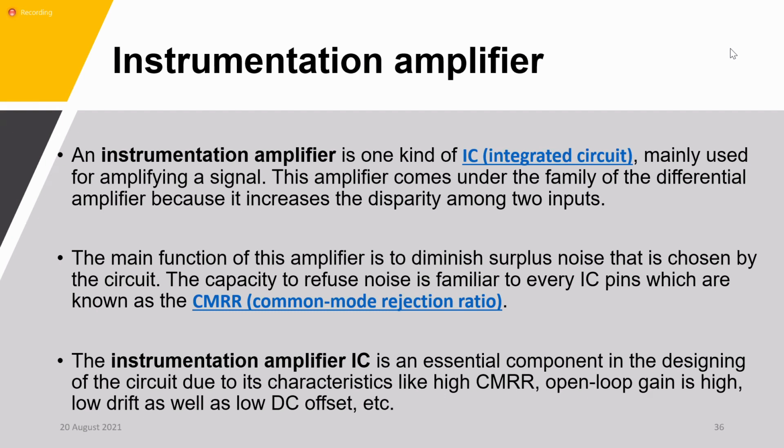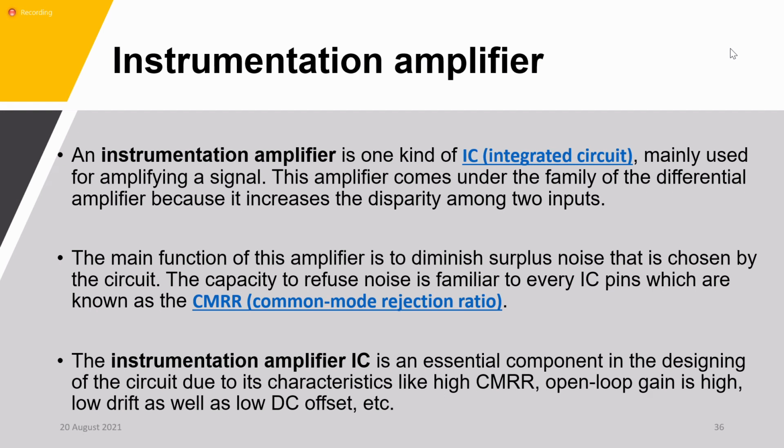that is, common mode rejection ratio. These are some specifications of the operational amplifier, students. The instrumentation amplifier IC is an essential component in designing circuits due to its characteristics like high CMRR, high open loop gain, low drift, and low DC offset. So if all these terms are new to you, don't worry. These are the specifications of the instrumentation amplifier. Some specifications we should consider, like